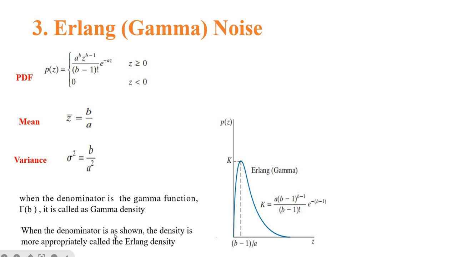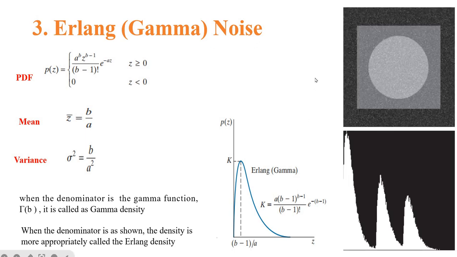And when the denominator is as shown in this formula, then it is called the Erlang density. That is the difference between Erlang and gamma. If this denominator is rho b, then it is the gamma density. If the denominator is b minus 1 factorial, then it is nothing but the Erlang noise or the Erlang density. This is the probability density function for the Erlang or gamma noise,